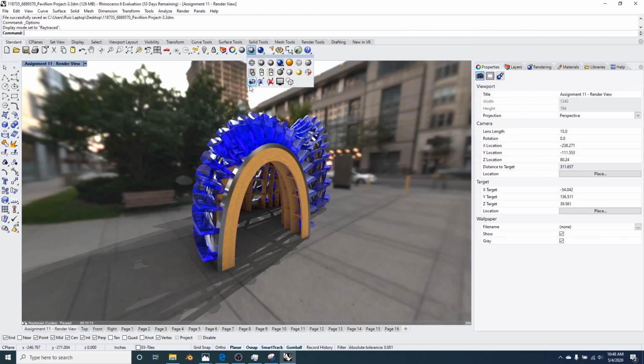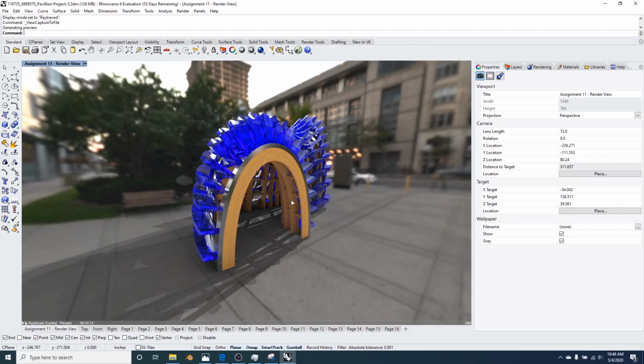We're going to use this one to save the viewport. You can see that when I hover over that, it says capture viewport to file, or right click capture viewport to clipboard. So we're going to left click this one,